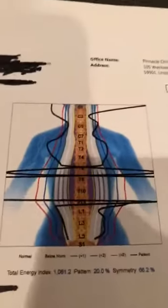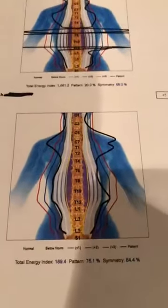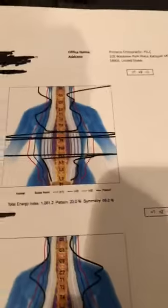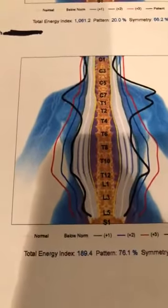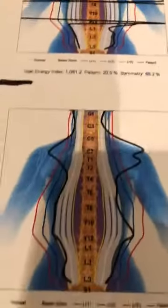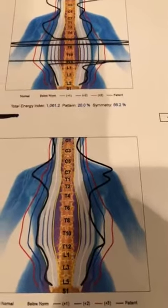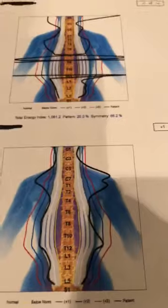Scan number 1 here, this is day 1. Scan number 2 looks a whole heck of a lot better than the one up here. And if we look at this total energy index down here, we see that it has dropped to 189.4. So it's still showing that this person's body is working rather inefficiently and spending too much energy to